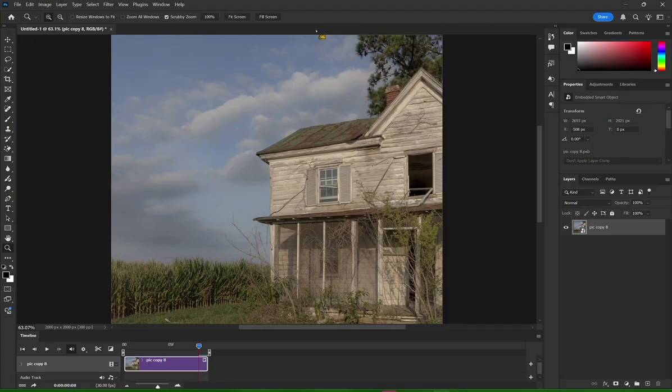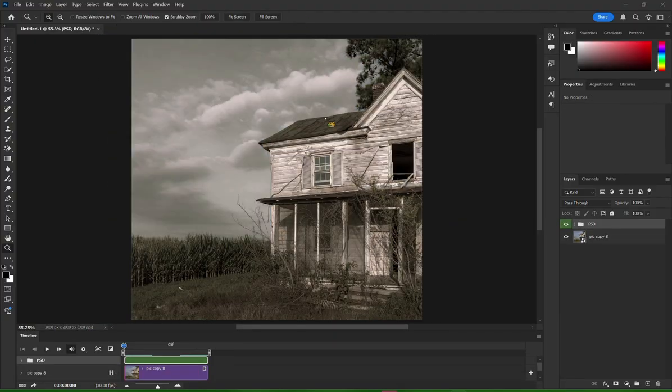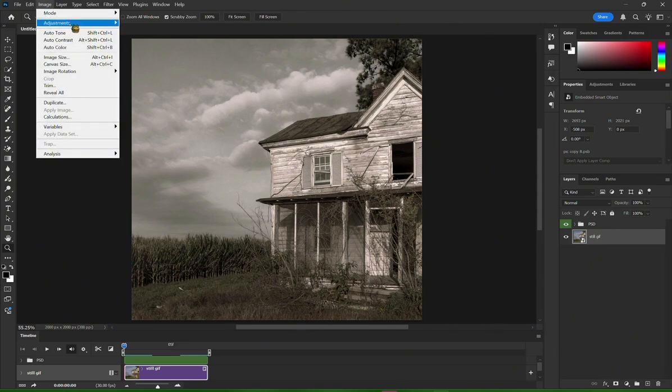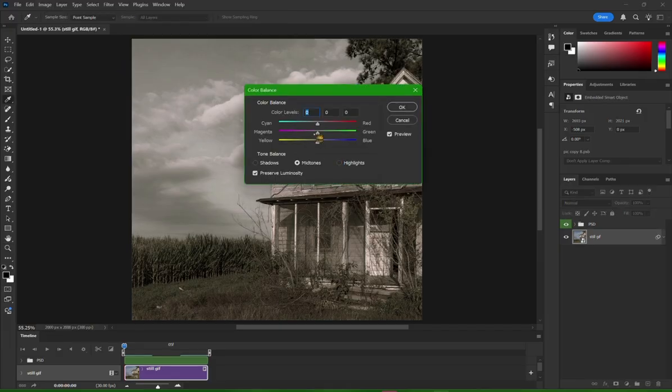So now you can grab your PSD, and I'm going to pause, come back, there we go. Then you just want to click on your little GIF still image layer there. I'm renaming it. Then you want to go up to Image, Adjustments, Color Balance. Now here, this is what it should look like. This is what I'm doing to make the PSD pop a little more on this image.